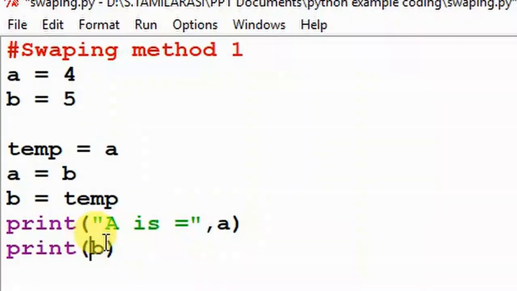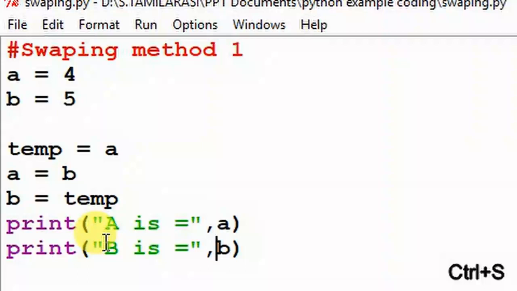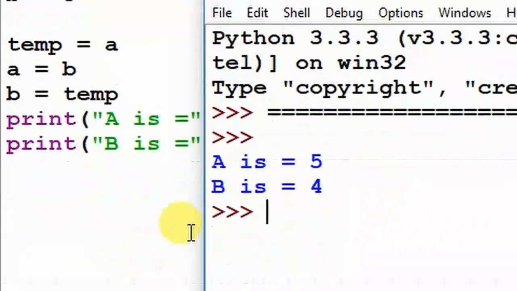So finally print b. I write this code and finally I run it. The code runs.